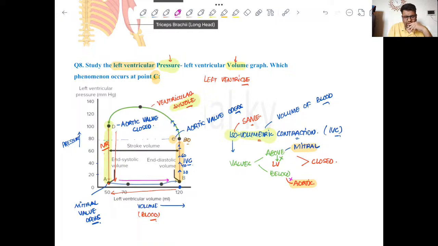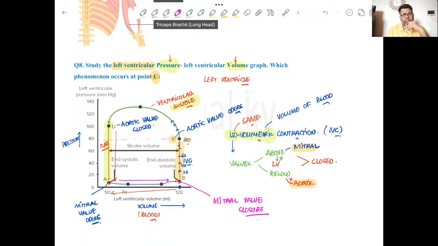And again, when the volume of blood goes into the left ventricle, the pressure in the left ventricle will increase as that of the left atrium. So there will be closure of the mitral valve, right? So this is mitral valve closure,